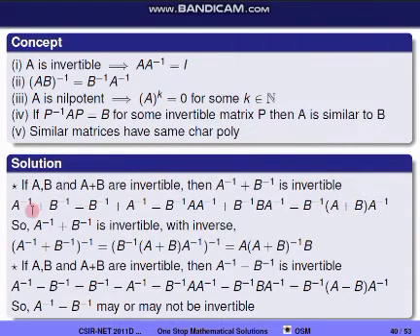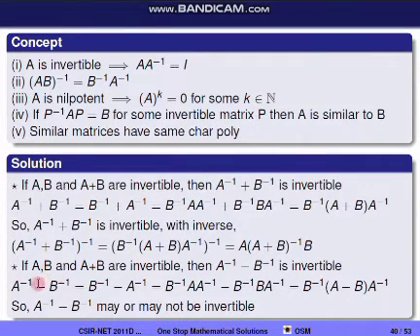So we got A inverse plus B inverse as a product of invertible matrices, because A, B and A plus B are invertible. Therefore, A inverse plus B inverse is invertible and its inverse is got by taking the inverse of this. So (A inverse plus B inverse) whole inverse is equal to (B inverse into (A plus B) into A inverse) whole inverse. When we take the inverse of this, we are using this formula. So this is equal to A into (A plus B) whole inverse into B. (A plus B) inverse exists because A plus B is invertible. So this option is correct.